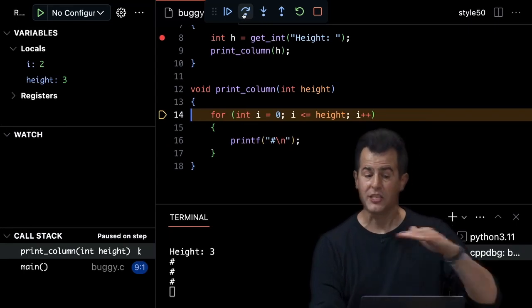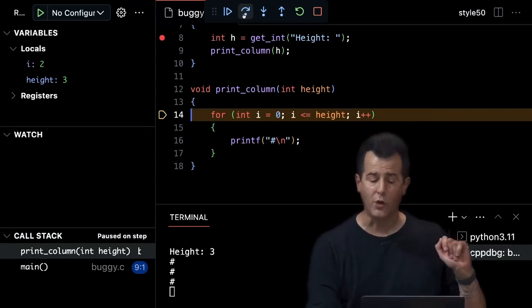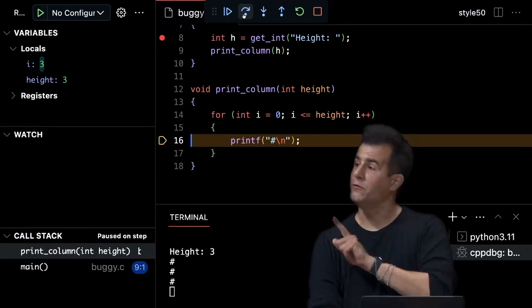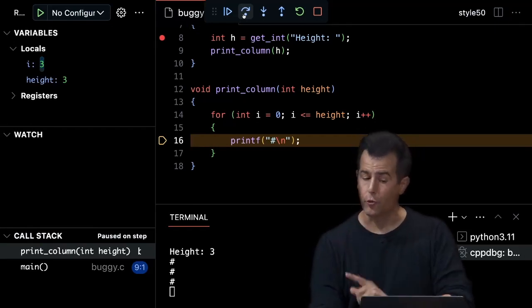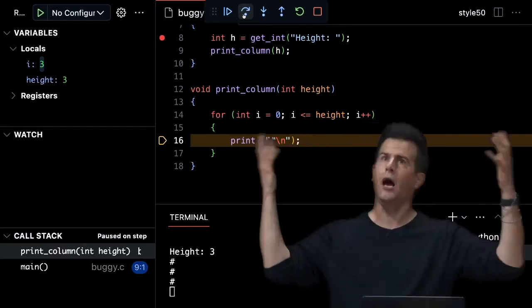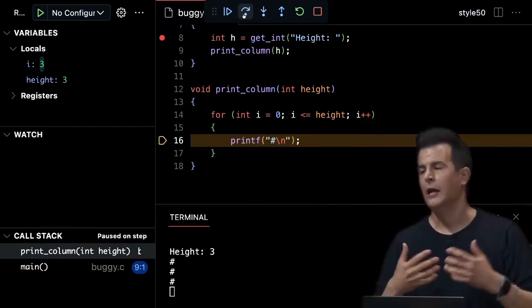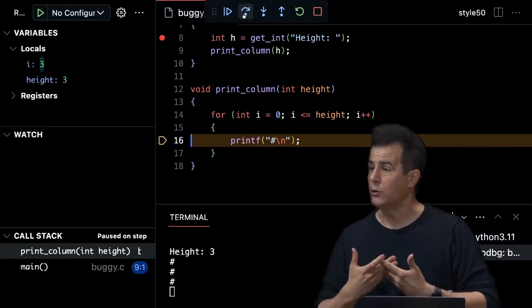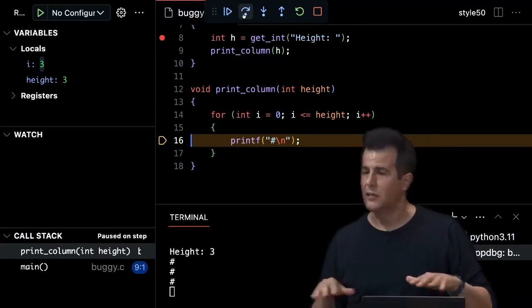So ideally, I want this loop to end. But if I click step over once more, notice that the value of i at top left is 3. But 3 is less than or equal to height. Oh, now I get it. If I play along here, now I see why less than or equals to mathematically is clearly incorrect.